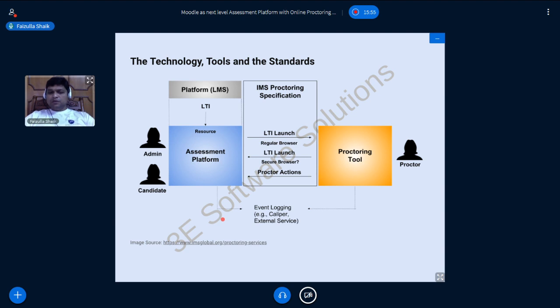Without requiring the learner, or for that matter the other stakeholders, to leave the LMS environment, you can accomplish an integrated platform to deliver e-learning assessments while at the same time assuring the authenticity and integrity of the assessments or certification. So this is how it all works.